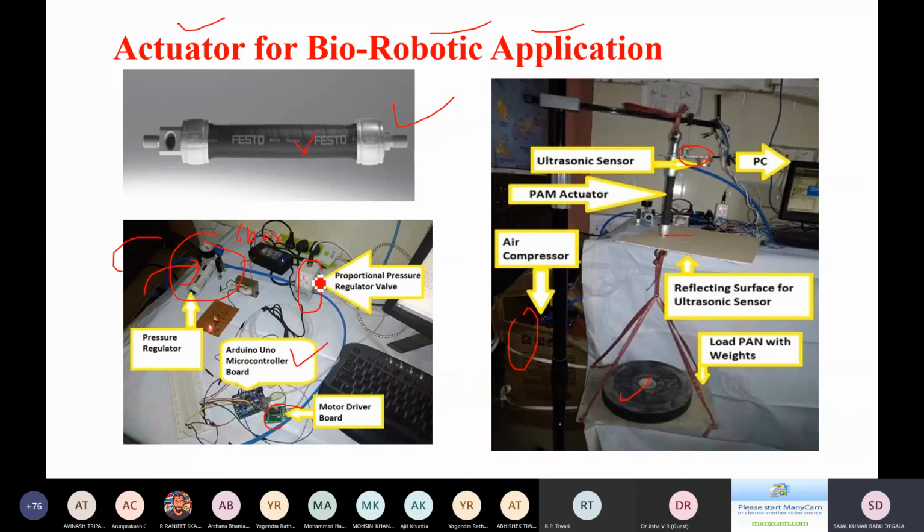This needs a voltage of 0 to 12 volts, and Arduino is capable of giving a voltage of, as I said, 0 to 5 volts. So this driver is used for giving the additional supply. Arduino is going to give the PWM signal, which is going to vary between 0 and 255. This PWM signal will be fed as an input to this regulator valve, and if you give 0, it is going to give 0 bar pressure at this output,